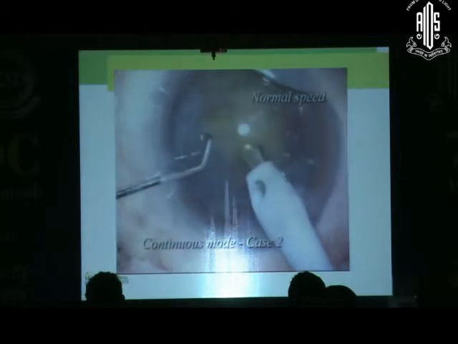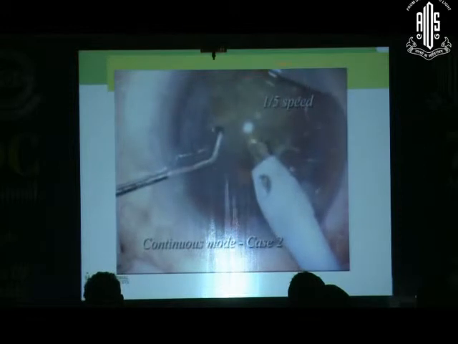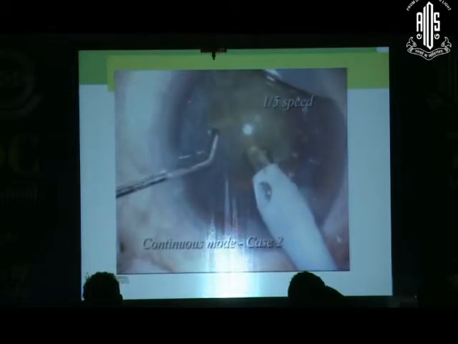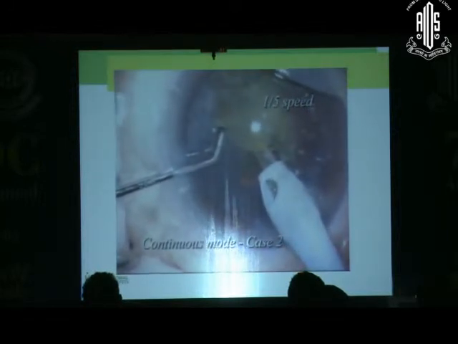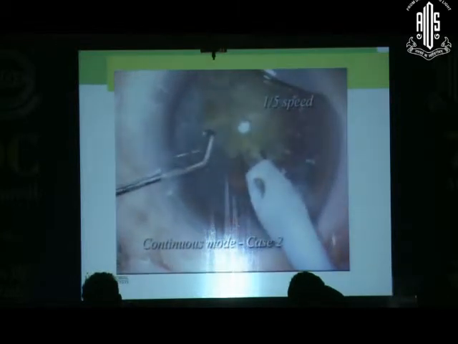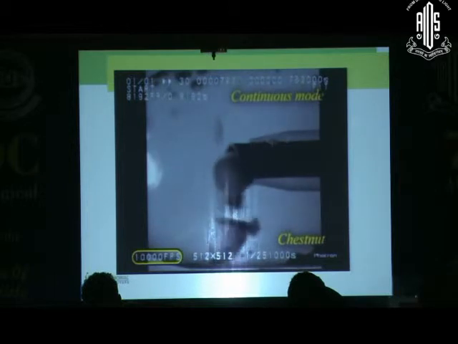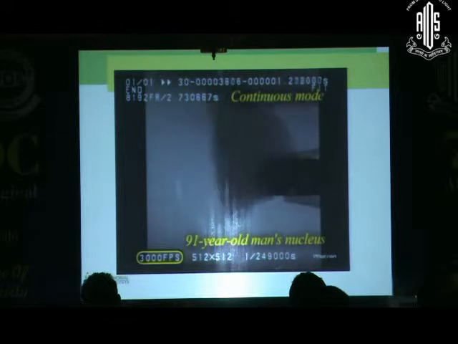So just to give you an example, this is showing the continuous mode. You can see how the particle is moving around, and while the particle is away from the tip, there is a waste of energy because your energy is still coming in the continuous mode. So you can see that though there are pulses, the particles still move away. There is chattering and there is movement and a waste of energy.